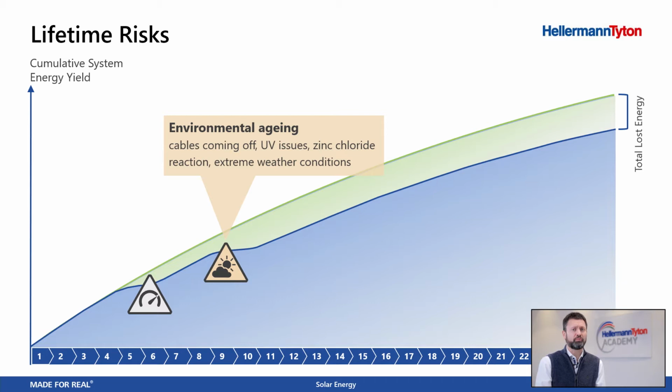During the course of operating your plant, after year 9, you're suddenly also having issues with environmental aging. Cable ties not being planned for are falling off because of the wrong material. Maybe you have chosen a very cheap cable tie that's falling off. You could have zinc chloride issues because the plant is located close to the sea, and in combination with the salt in the water and also rain, you could have zinc chloride on coated zinc steel structures causing any plastic material to degrade. There are remedies to that, so just choose the right material.